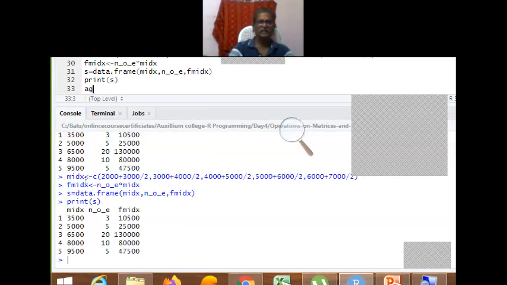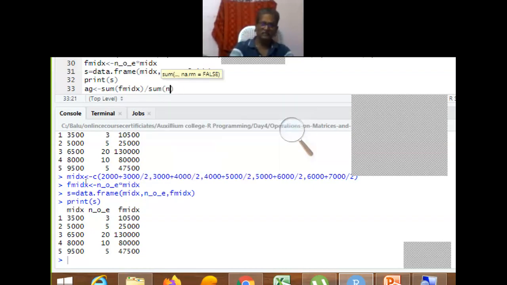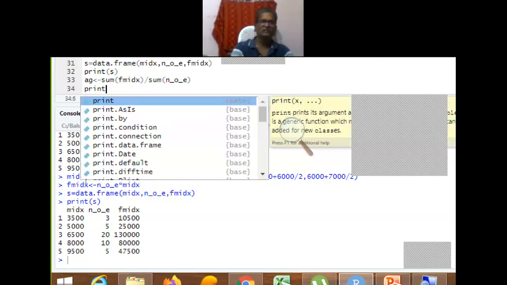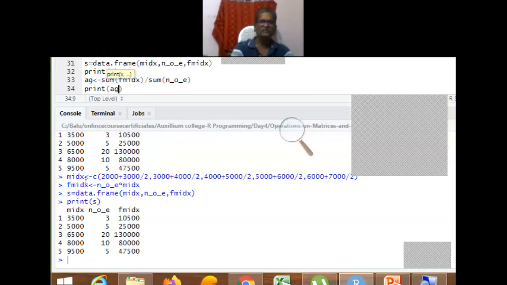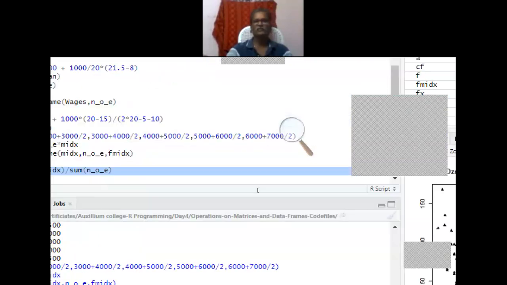I'm just taking the average, which is nothing but the sum of F mid-x divided by the sum of n underscore o underscore b. Print ag. Now run these two commands alone.